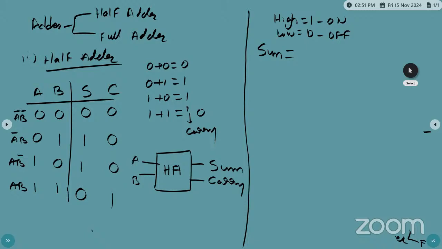Here, 1 means the uncomplemented variable and 0 means the complemented variable. So we have A bar B bar, A bar B, A B bar, A B. For which input combination is the sum value 1? Here we get the sum, here the sum, and here the sum. What is the expression? Sum is equal to